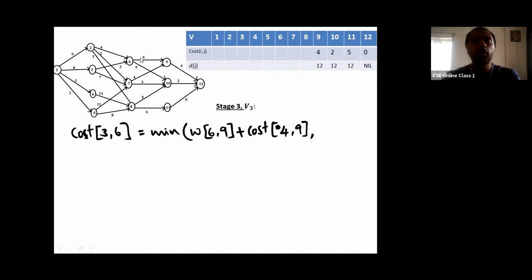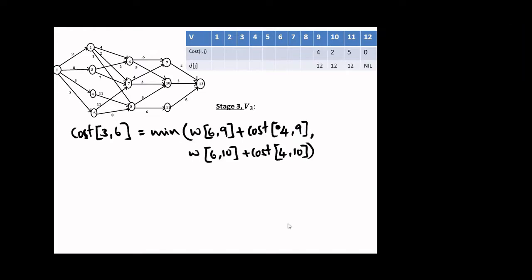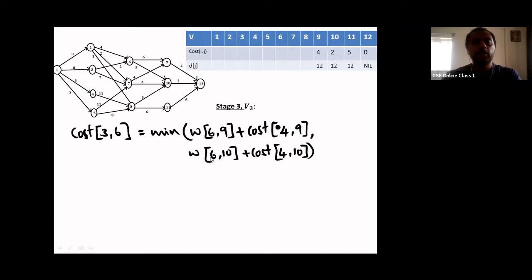Fine. So this is one outgoing edge from 6. We have another outgoing edge from 6, to node 10. So therefore we will get another equation, that is